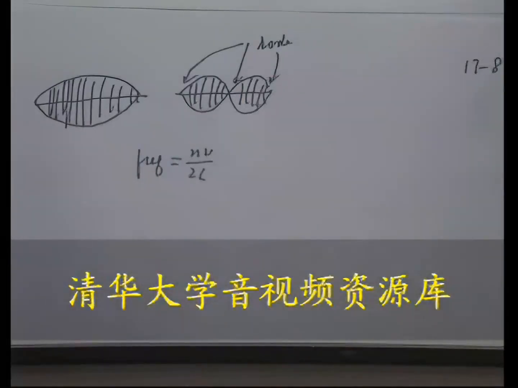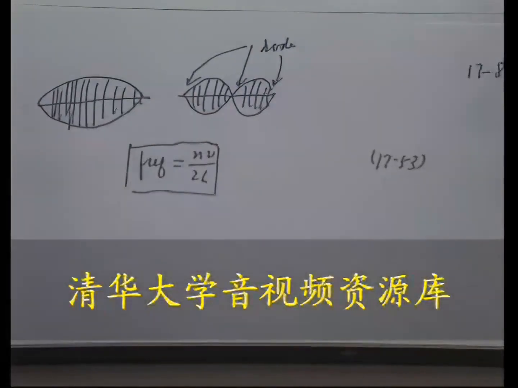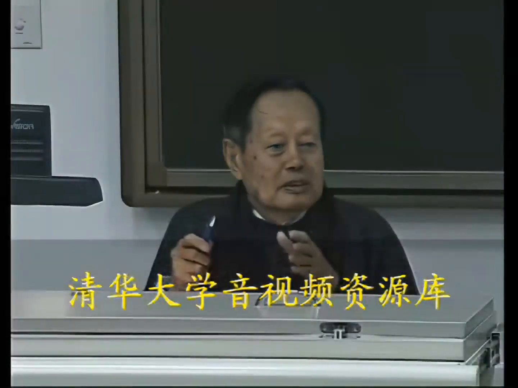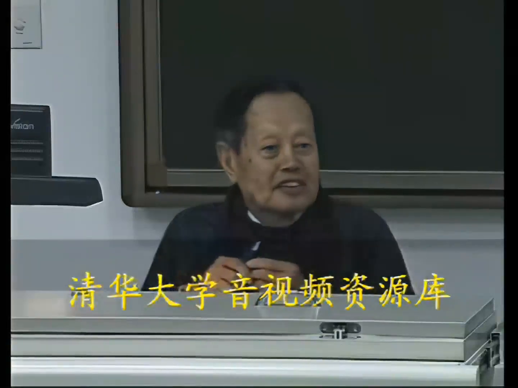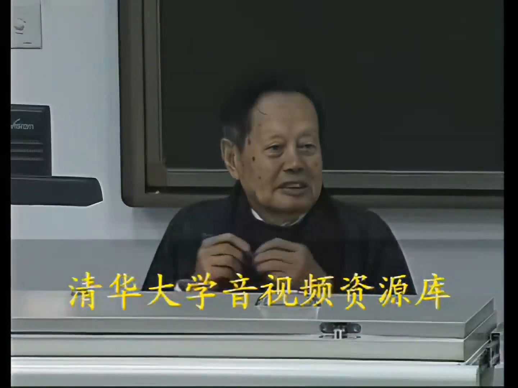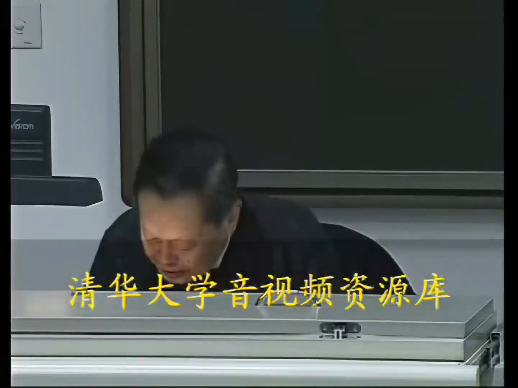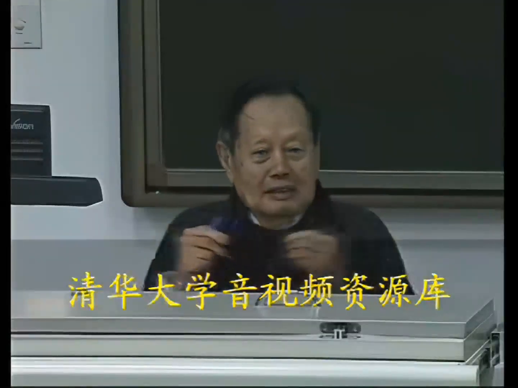Here v equals the square root of tau over mu, as we had the other time. If you look at the piano, for every key of the piano there is a string, and the different strings are of different lengths and of different tension. They are adjusted such that the fundamental frequency is equal to the frequency you want for that key. When you strike a key,